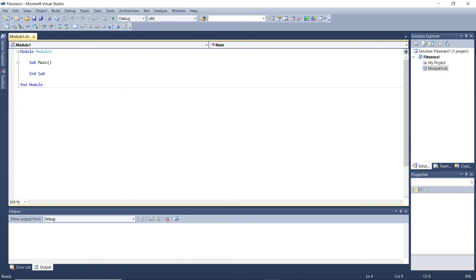Now what is Fibonacci series? You have to declare some variables: Dim a, b, c, i, n as integers. As all of you know, what is Fibonacci series? If the initial two numbers are 0 and 1, the next number is the addition of the previous two numbers. So if I want to display Fibonacci series for 5, it will actually display 7 numbers excluding the first two numbers